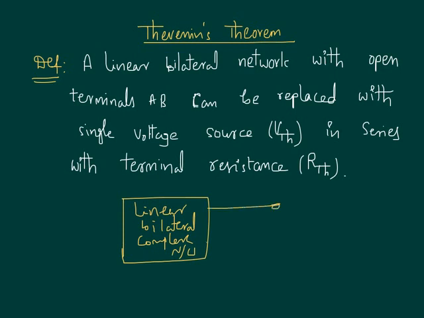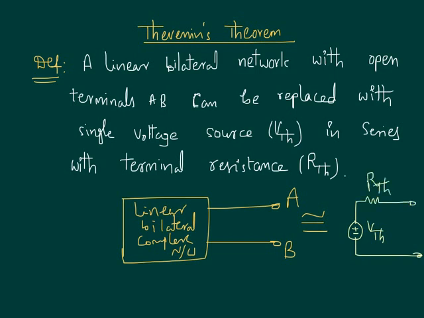Say these are the open terminals AB, and this can be replaced with the VTH in series with RTH. These are AB terminals. Okay, then where